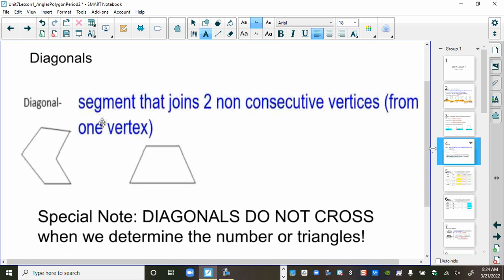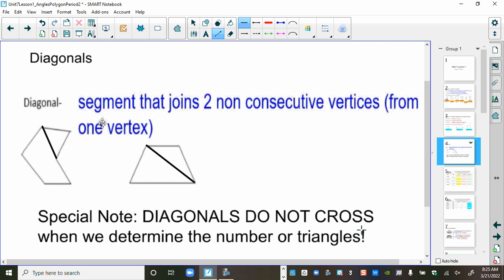Now, another thing that we're going to talk about, your diagonals. Now, diagonal is when you start from one corner and you go from one corner to a different corner. So like this or like this. Now, you got to be careful